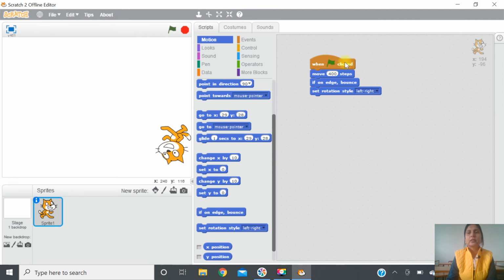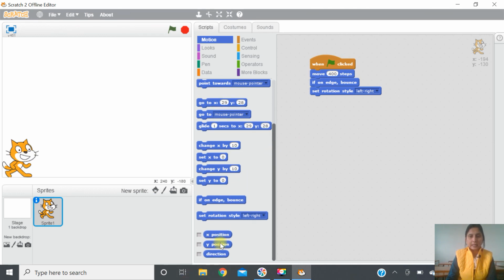Fine. So when I click on green flag, see, now it is not changing its direction after touching the edge. This is the left-right rotation style. And the last is x position, y position, direction.